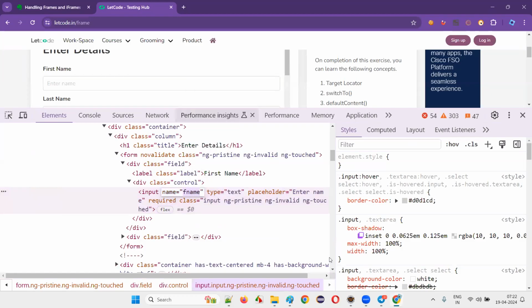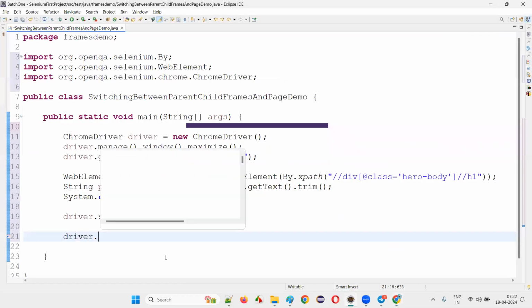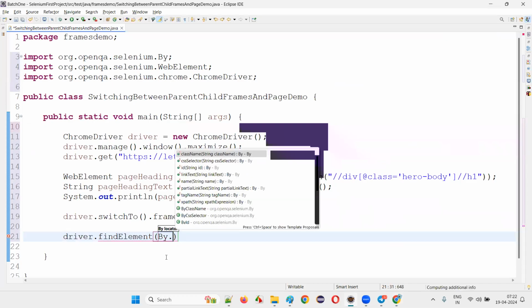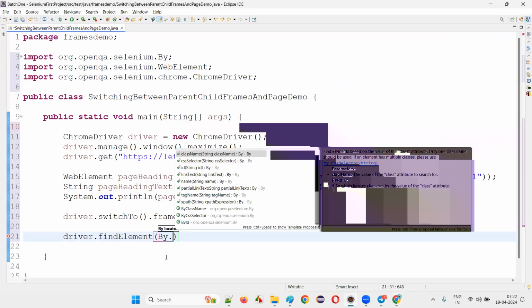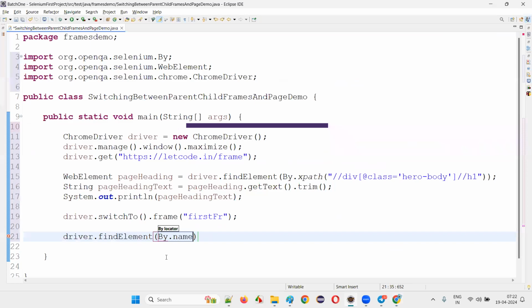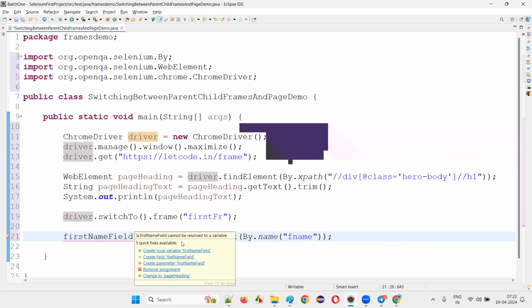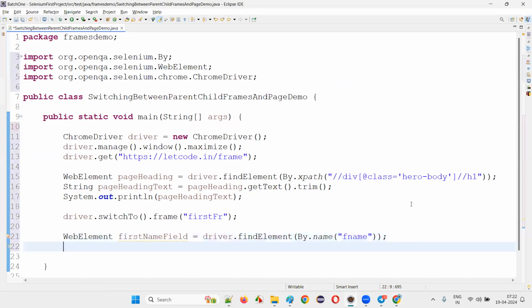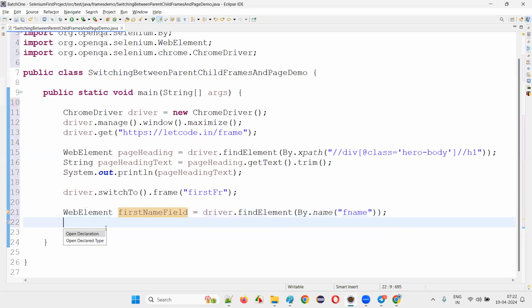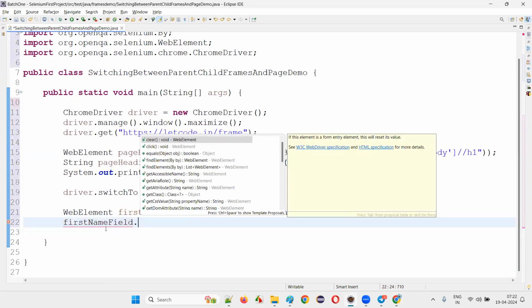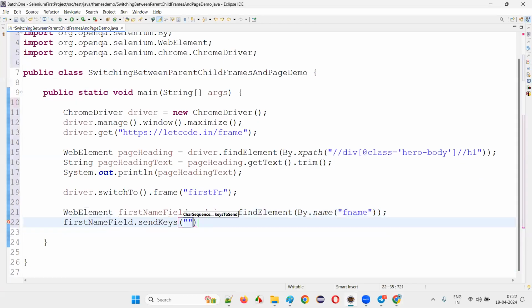Copy this name locator and come back here and write down driver dot find element by dot name locator and provide the name locator of the first name field. After the Selenium switches to a particular frame, it can see this first name field and last name field. Here I'll write down first name field is equal to, hover the mouse on this and say create local variable. And here write down first name field dot send keys. Let's say I'll give my name. And after that, I'll inspect this